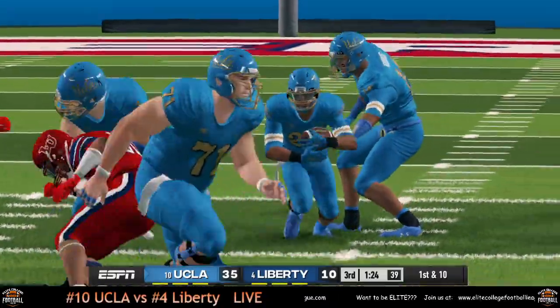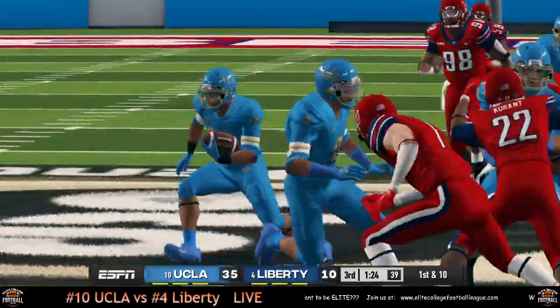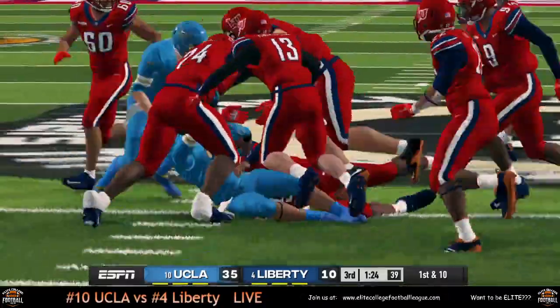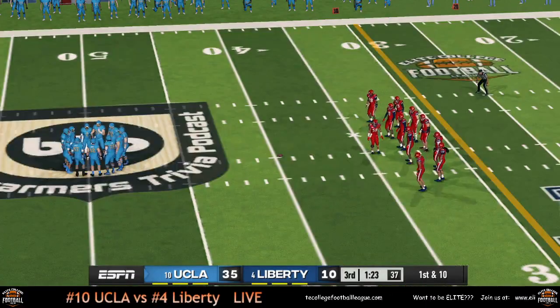Jojo Vasquez with a big rush. 1st and 10 for UCLA.